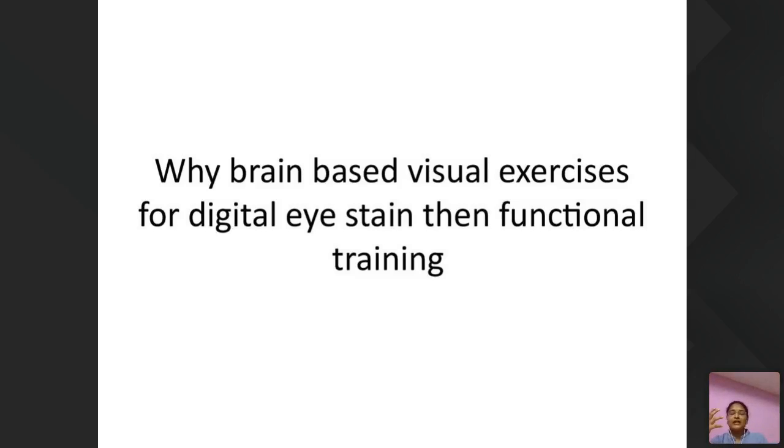For eye dominance, we have to train eye dominance. If I am a right-handed dominant person, my right shoulder will be mostly affected, and overuse strain will happen. Same like that, if I have a right side dominant eye, I have more chance to get eye strain over this right eye. So we have to assess the dominance of eyes, and we have to manage that.